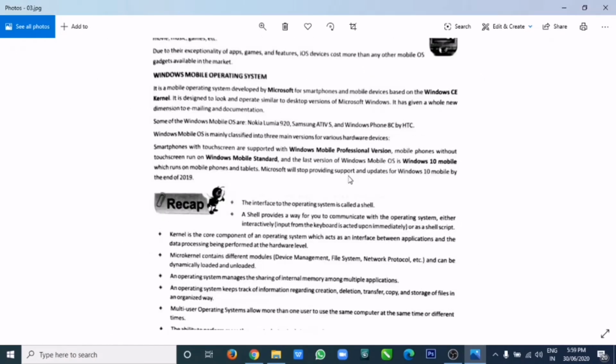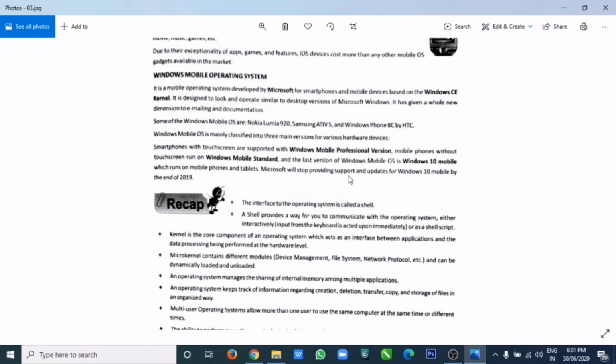Then is the Windows mobile operating system. It is a discontinued mobile operating system developed by Microsoft, and it was first launched in October 2010 with Windows Phone 7 and its successor 8.0. With the diminishing interest and application development for the platform, Microsoft discontinued active development of Windows 10 Mobile in 2017 only, and the platform was declared end of life on January 14, 2020. That means right now it is outdated.